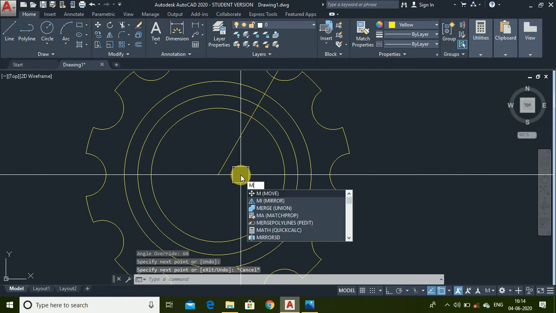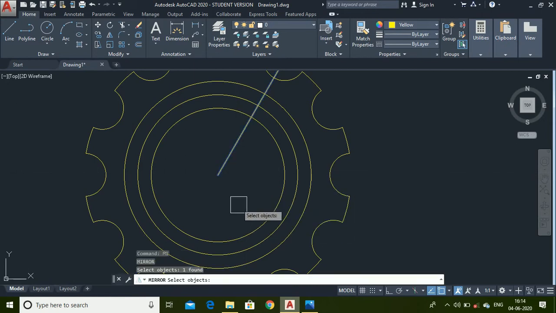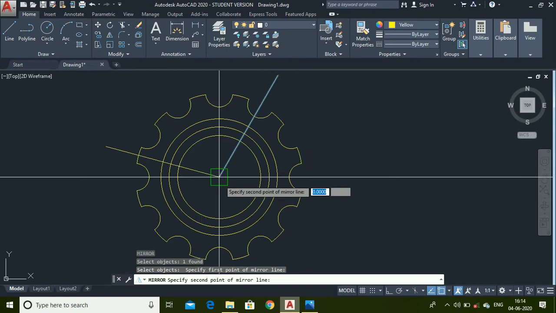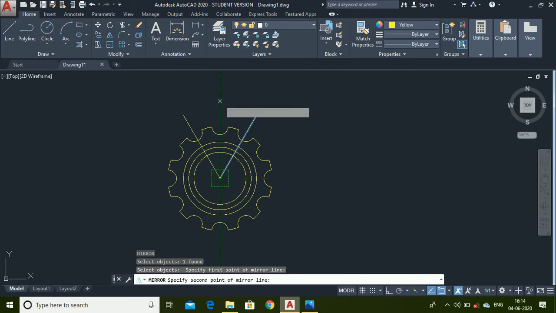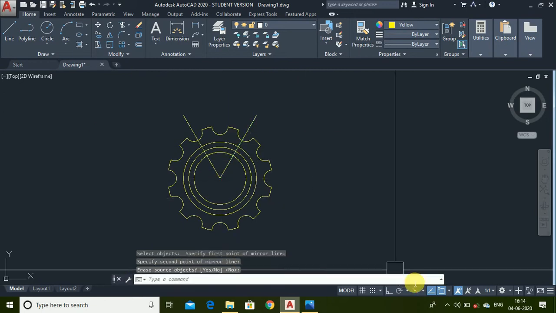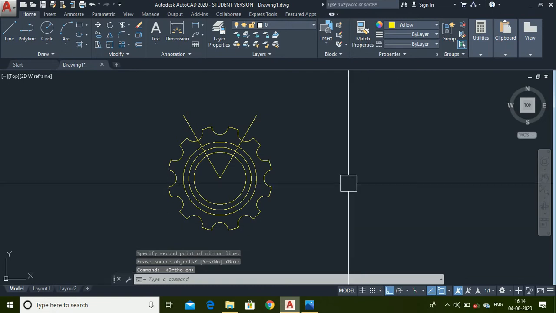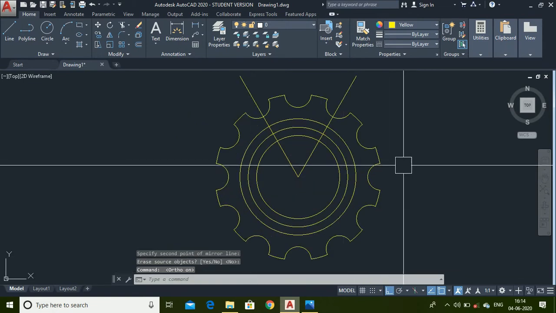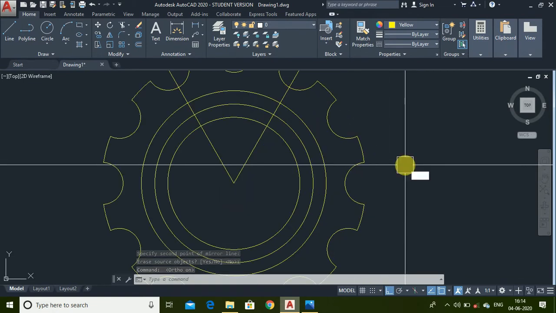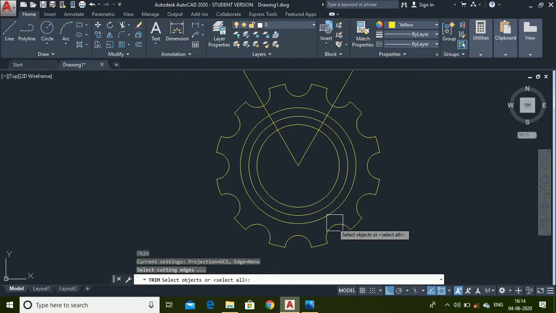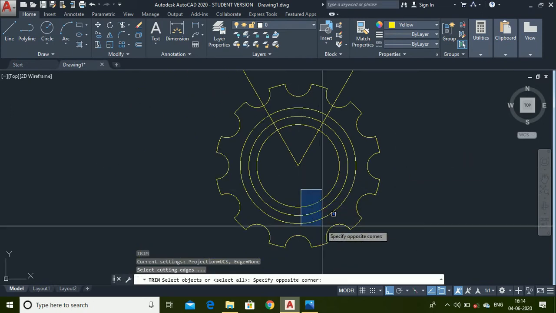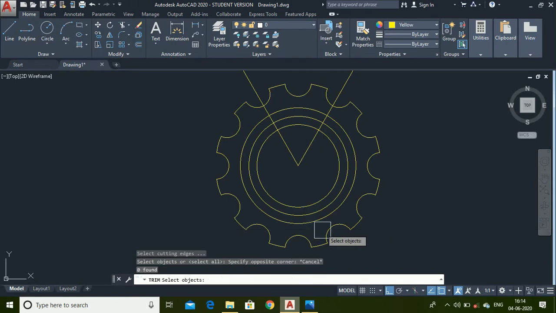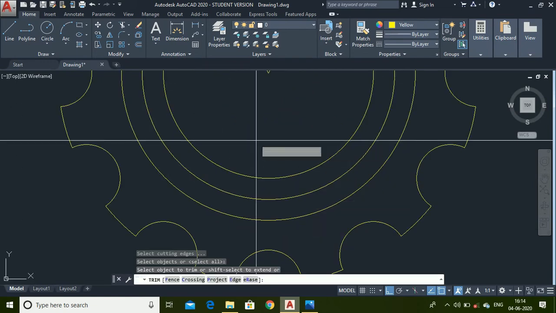Now use the mirror command, select this profile, press enter. Now click at this point and this point. Turn on the ortho option for more convenience. Now use the trim command, trim all the extra portions, trim, double enter, trim these 3 circles first,